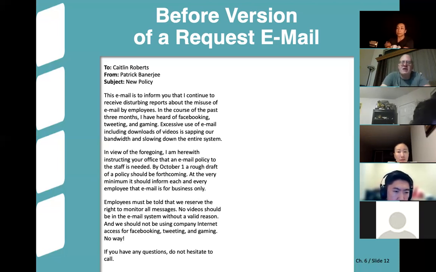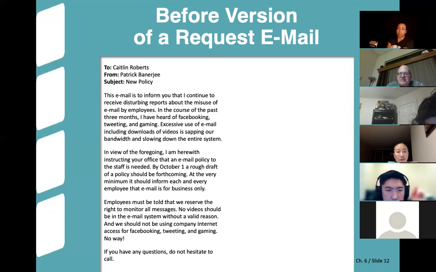Remember we talked about being too wordy and looking for ways to say things in a simpler way? Yeah, it's a new policy, but it's explaining a little bit too much. It should have had the new policy along with what it means, and it should be a little bit simpler. What do you think of the phrase "in view of the foregoing"? Is there a better way to say that? Yes. What could you say?